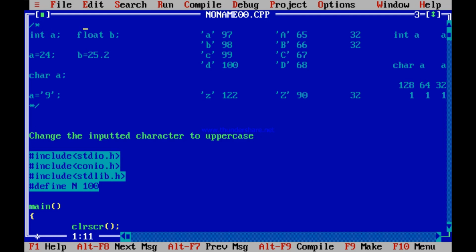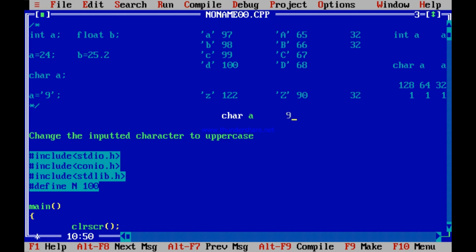Once the character is entered, if it is a small case, its value falls between 97 and 122. You scan it as a character, char A. Maybe the value entered is b.